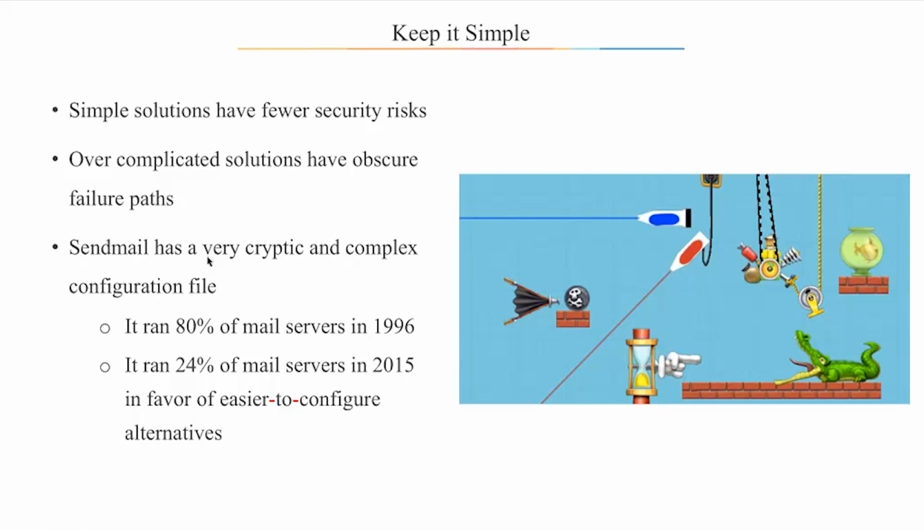All right. So SendMail has a very cryptic and complex configuration file, and I've seen this before. It ran 80% of mail servers in 1996. It ran 24% of mail servers in 2015 in favor of easier to configure alternatives. Yes. So just because you have a configuration file that's